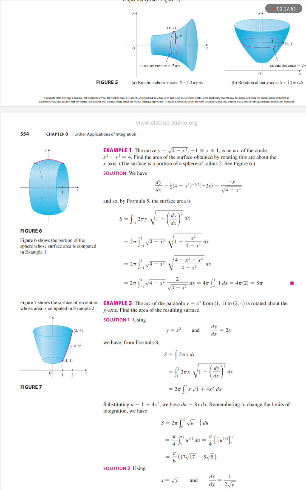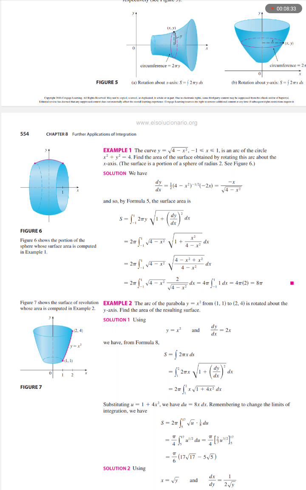And so by formula 5, the surface area is big S equals the integral from negative 1 to 1 of 2 pi y times the square root of 1 plus open dy over dx close squared dx equals 2 pi times the integral from negative 1 to 1 of the square root of 4 minus x squared times the square root of 1 plus x squared over 4 minus x squared dx